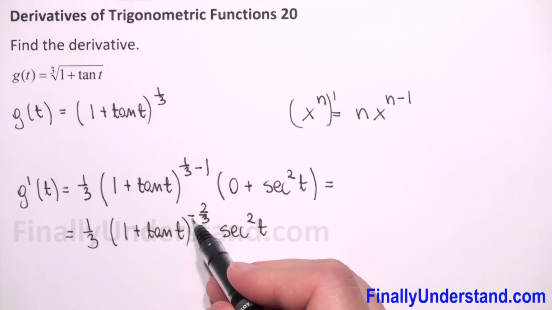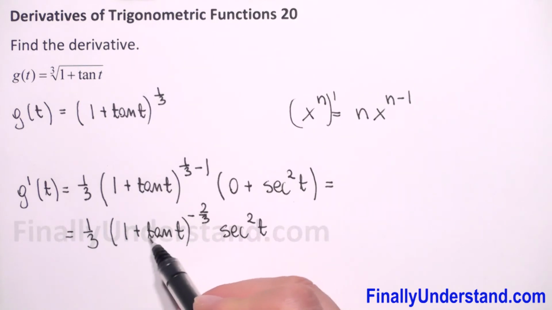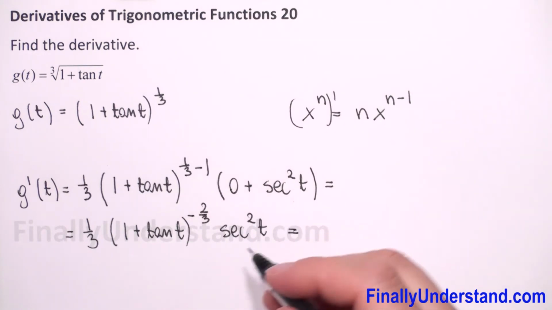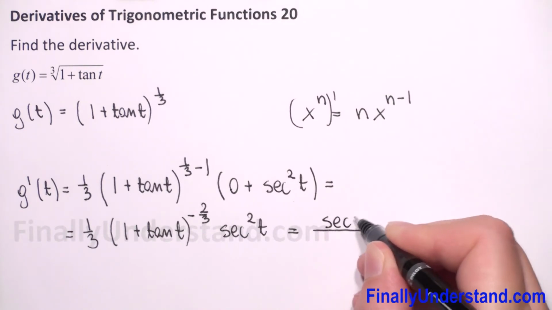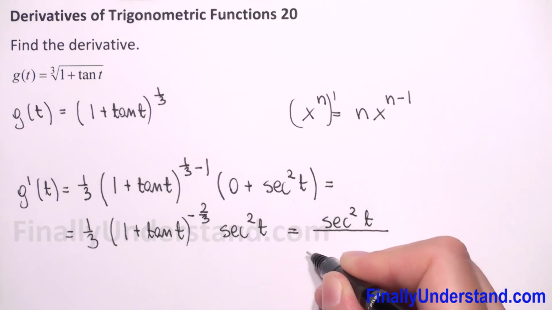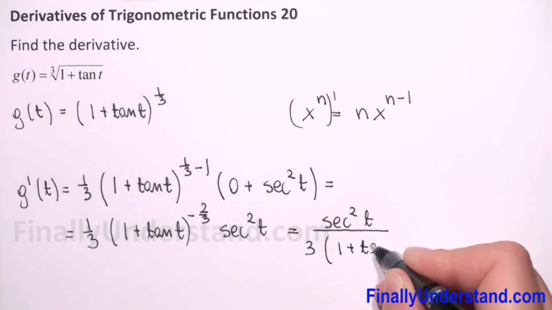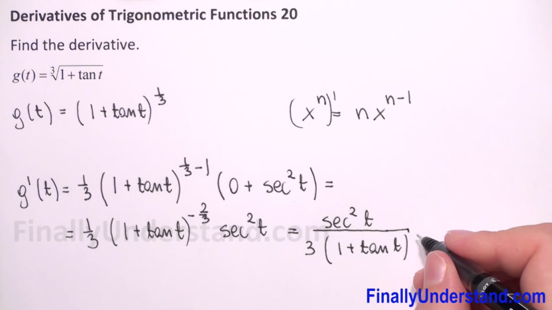We can change this negative power to positive, so this whole expression we have to put in the denominator. So in the numerator we will have secant square of t, and in the denominator will be 3 times 1 plus tangent of t to the power